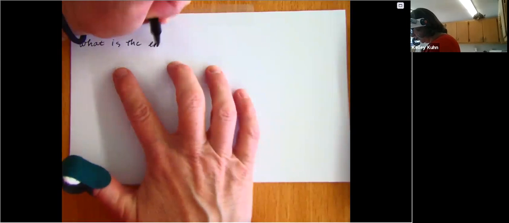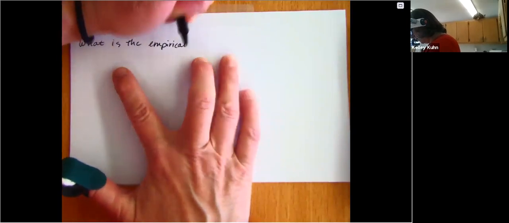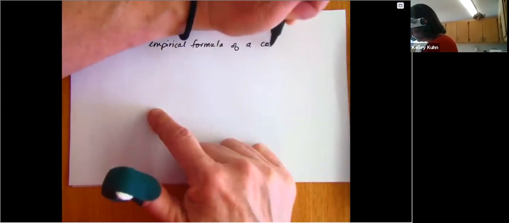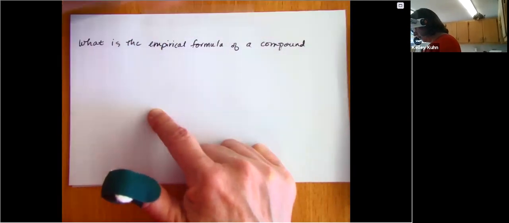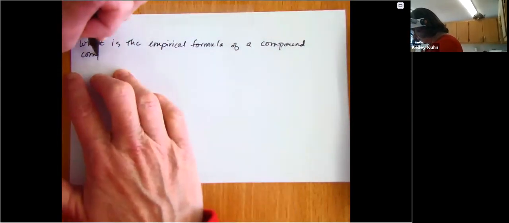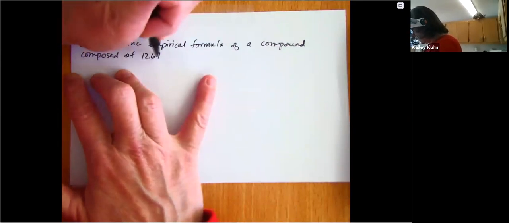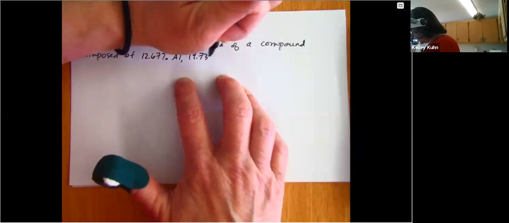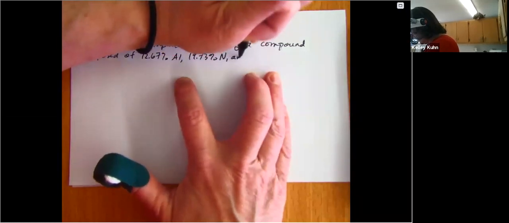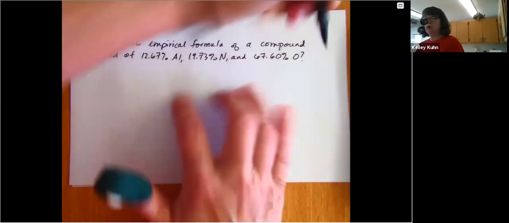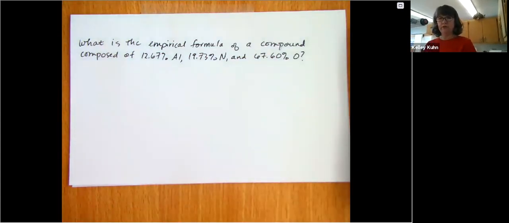So the question we would be answering would be, what is the empirical formula of a compound composed of 12.67% aluminum, 19.73% nitrogen, and 67.60% oxygen? Well, if you look at the steps I had you write in your notes, the very first step